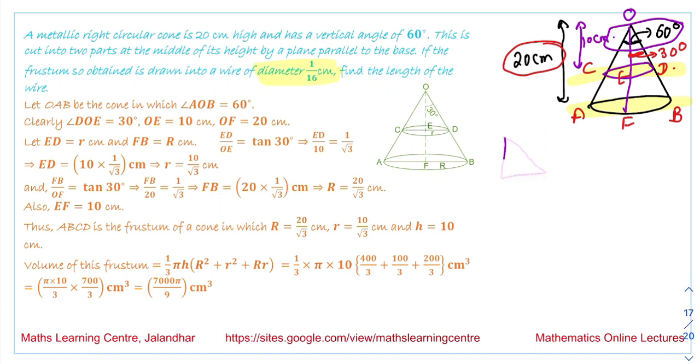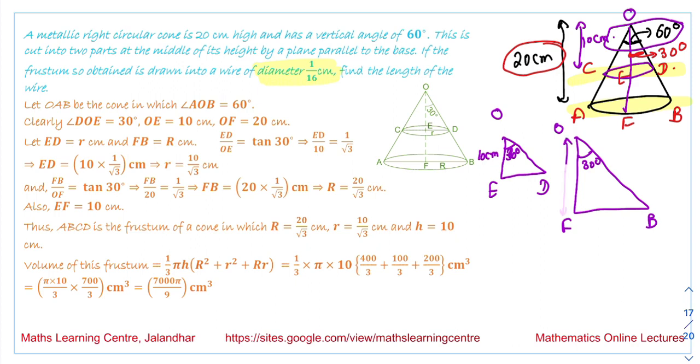Now once we are talking about the triangle, it is OED. This length is 10 centimeters. This angle is 30 degrees. And once we are talking about the triangle OFB, we are saying this angle is 30 degrees, and this length we have is equal to 20 centimeters. So by using the trigonometric equations, we are saying the value of tan 30